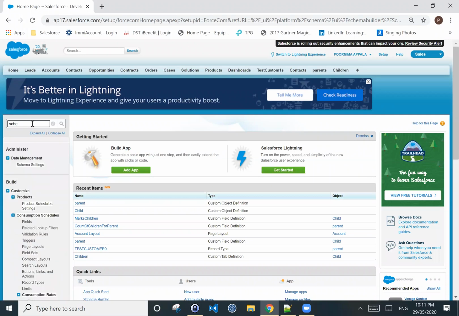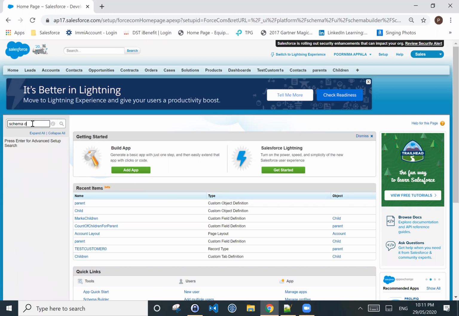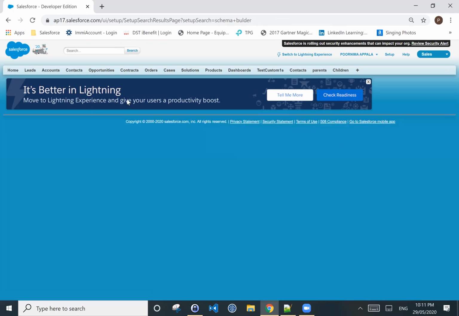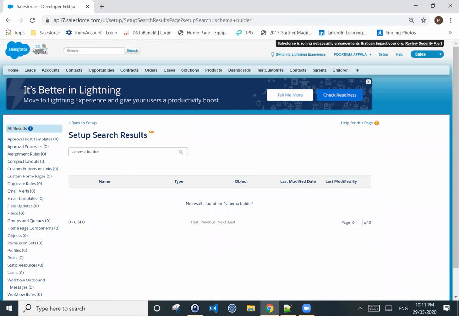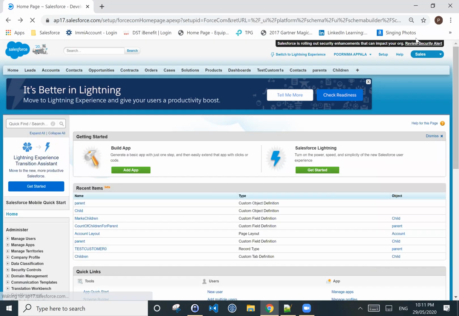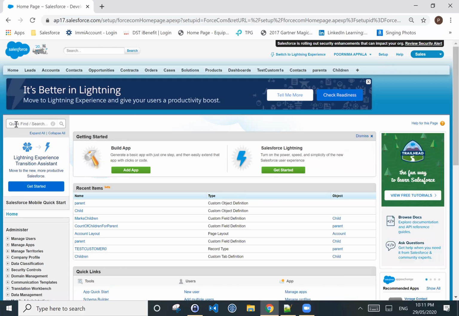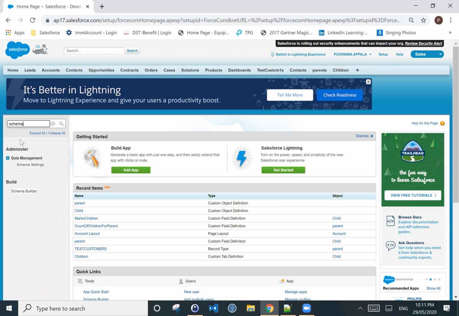That is a kind of diagram. That is the difference between the schema builder and Setup. I learned that yesterday. Did you understand anything?